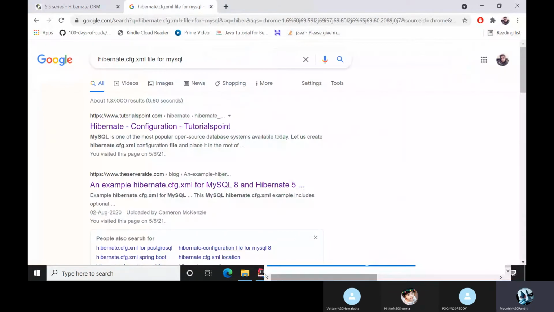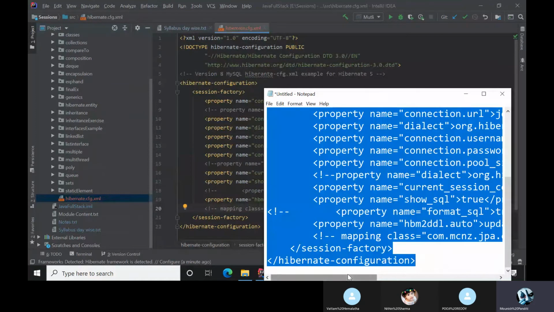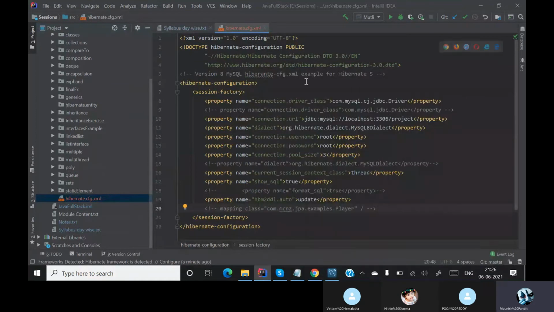Now let us go through the XML file once. Let us see what all the things are. First, this is a Hibernate configuration file. Inside the Hibernate configuration file, first a session factory is activated. Inside the session factory, what is the first property? The property is connection driver. Normally in our MySQL class, we used to write a complete program, myconnection.java. That complete myconnection.java file has been reduced to one line. With the configuration of the driver class, we are just directly giving it here.